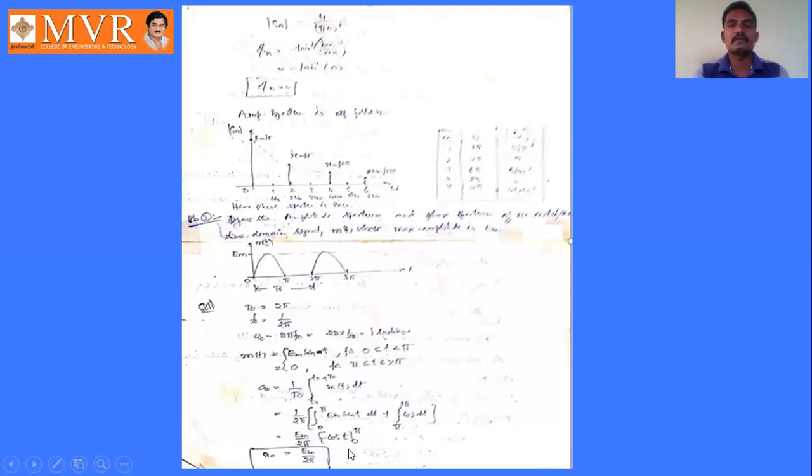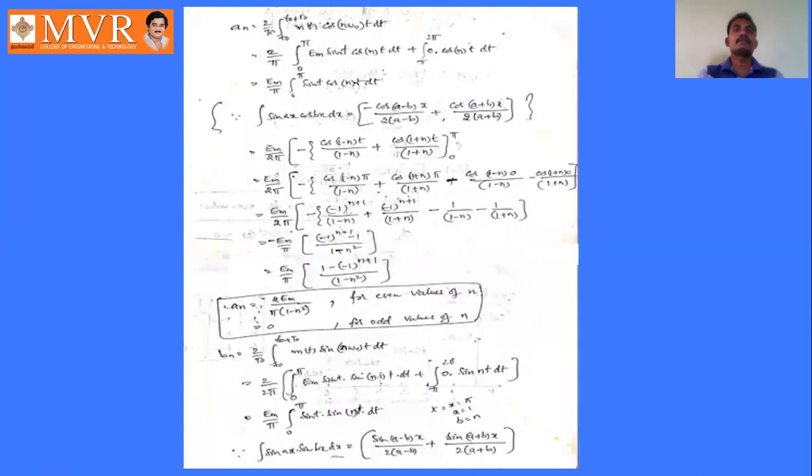Next we have to find out the value of an. So an is equal to 2 by T naught integral T naught to T naught plus T naught m of t cos n omega naught t dt. So 2 by T naught, that is T naught value is pi, and integral 0 to pi Em sin t cos n omega naught t. What is omega naught value here? Omega naught value is 1 here. So 1 into n, that is nt, dt, plus pi to 2 pi 0. This becomes 0. So it is Em by pi into